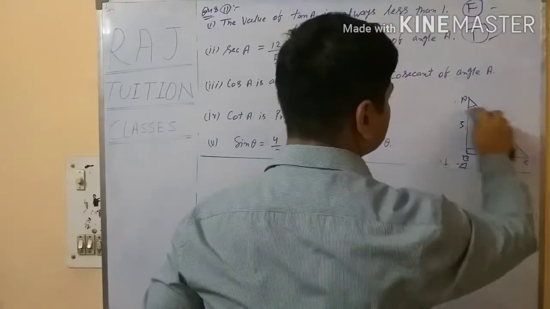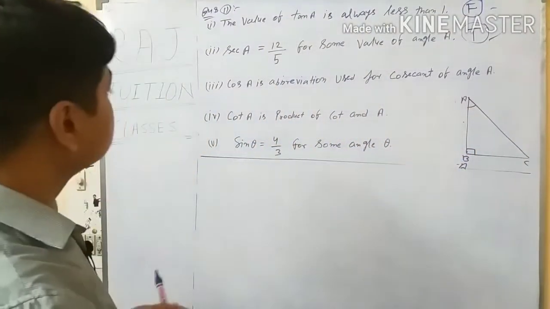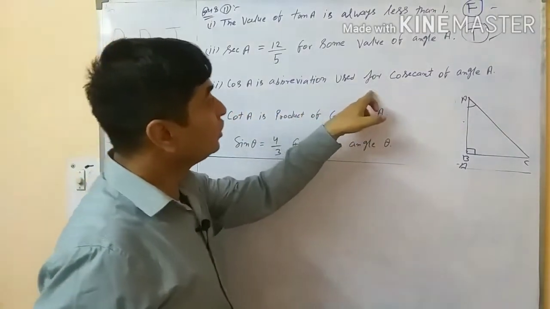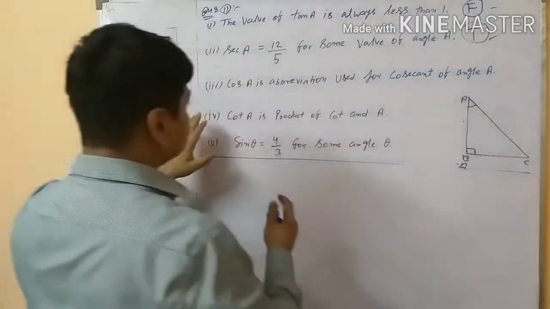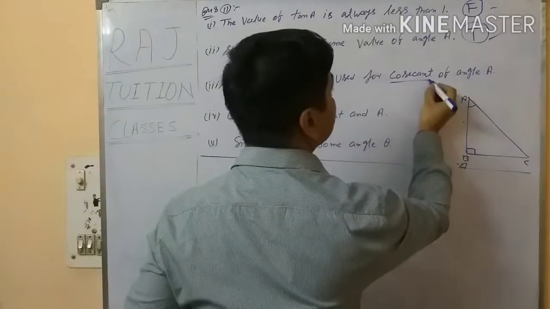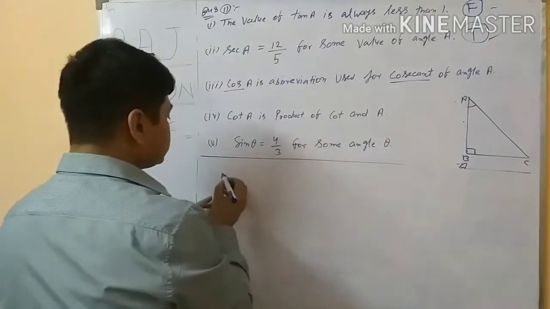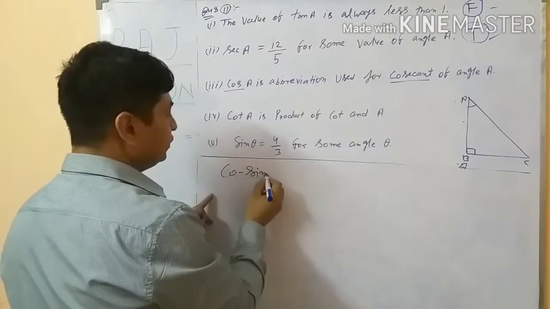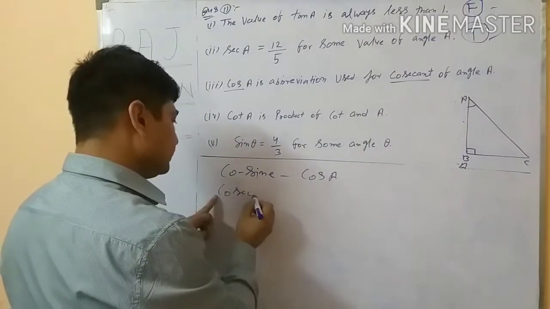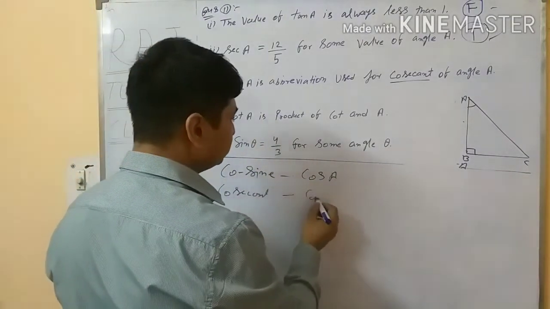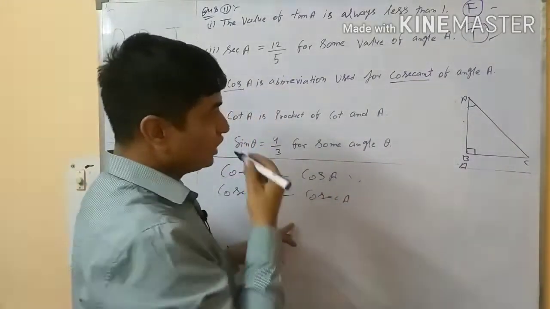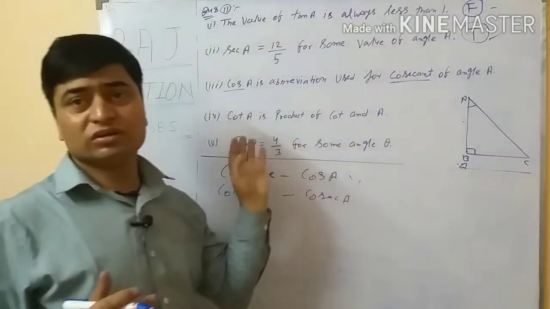थर्ड पार्ट क्या बोलता है? What is the statement of third part? The third section is: cos A is abbreviation used for cosecant of angle A. Of course false है। cos A and cosecant, these are different things. cos A का मतलब होता है कोसाइन, जबकि कोसेकेंट का मतलब होता है cosec A. सो दीज टू आर कंप्लीटली डिफरेंट। ये बहुत ज़्यादा लॉजिकल नहीं है।